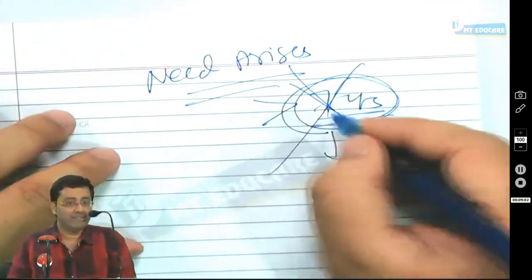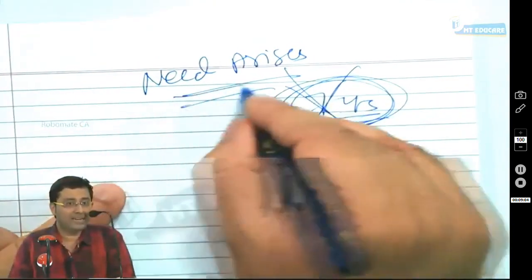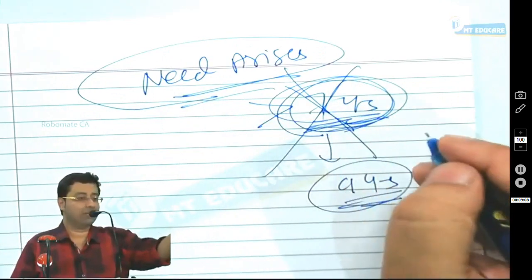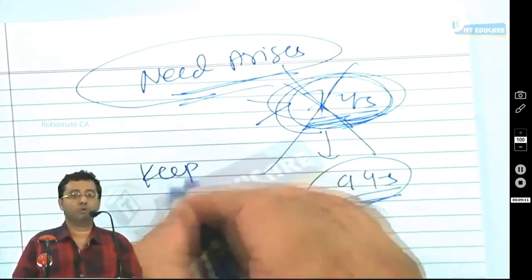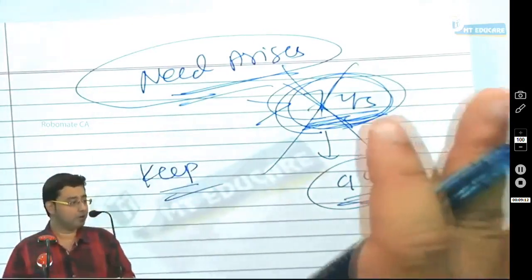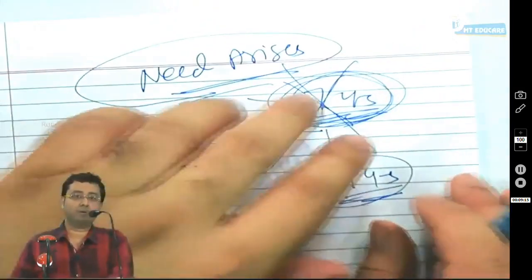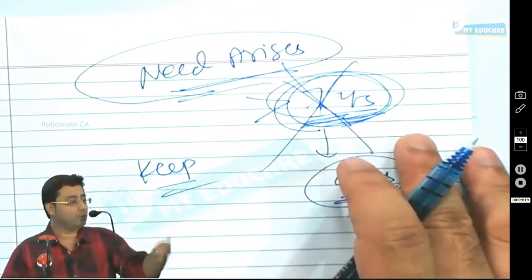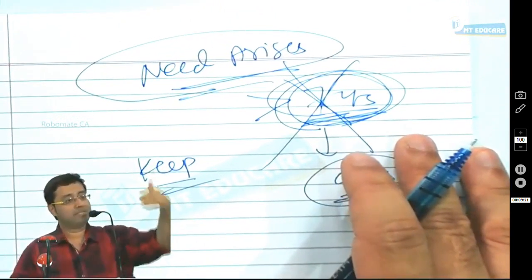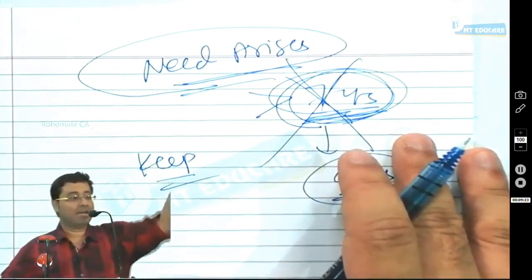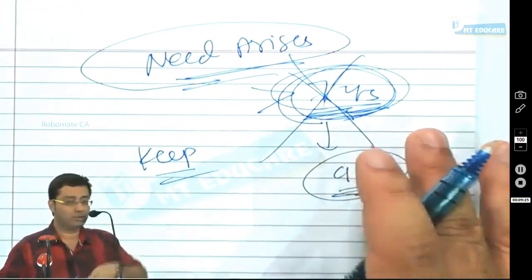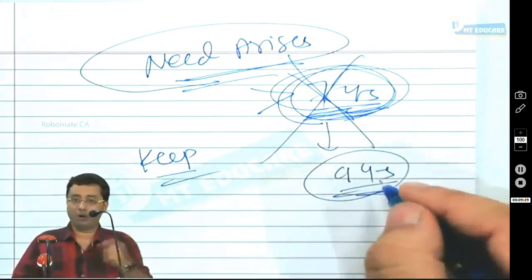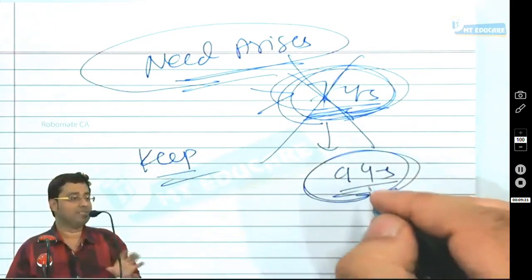The answer is that if an auditor comes to know that there is a need to preserve a working paper for longer than 7 years, then he should keep those working papers. You have to keep it. You have to preserve it. It does not mean that you should destroy it just because the standard says that after 7 years you can throw them out. If there is a need to keep it for a higher period of time, maybe some matters can be discussed after 10 years when audits are completed. That time you have to show your working papers to another auditor or maybe to an authority. For that a higher period is always justifiable.